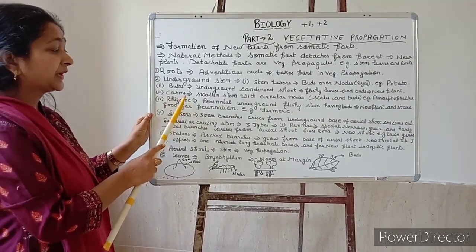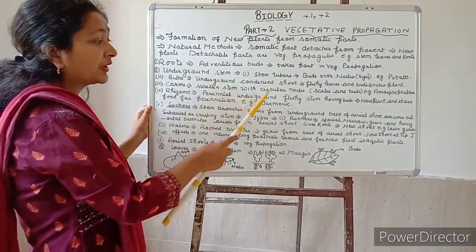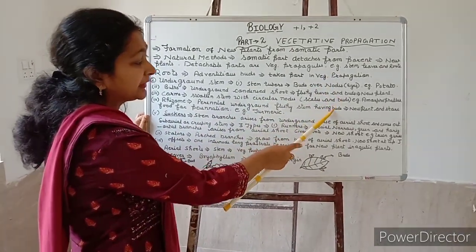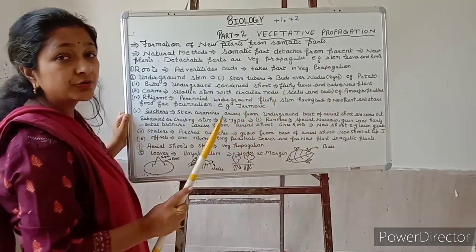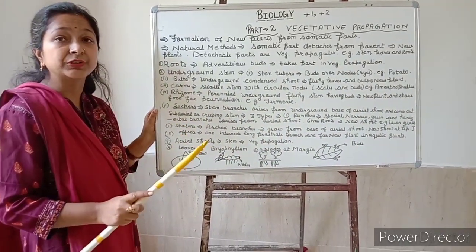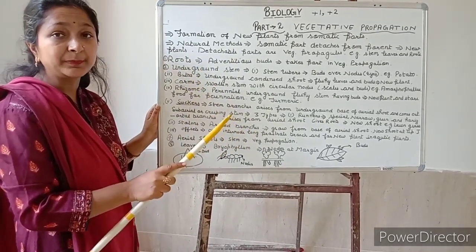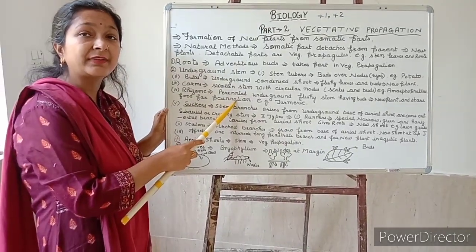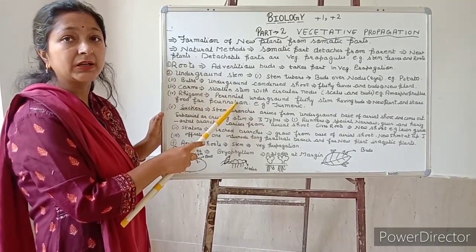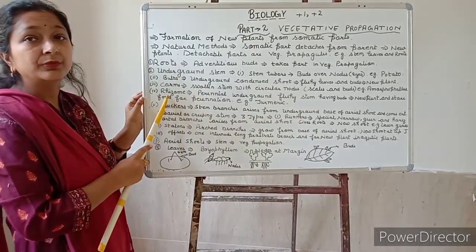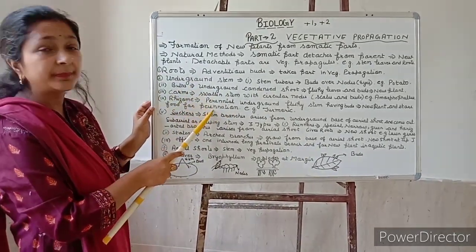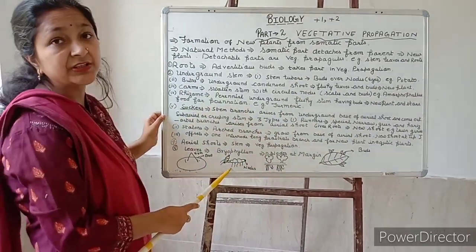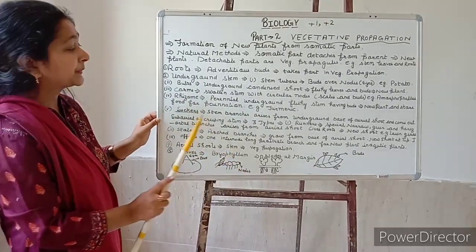Next, rhizome. Rhizome is a perennial underground fleshy stem having buds. These buds will also form the new plant, and they also do a second function of storing food. They also help in perennation. And what is perennation? Perennation is the survival of plants under unfavorable conditions. So rhizome helps in formation of new plants as well as perennation. Examples are turmeric and ginger. Ginger also has nodes.